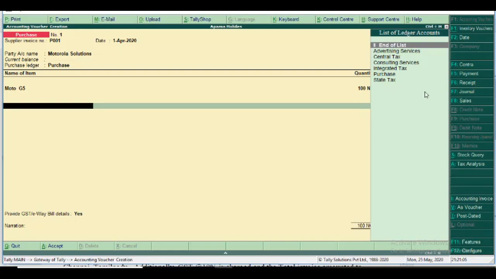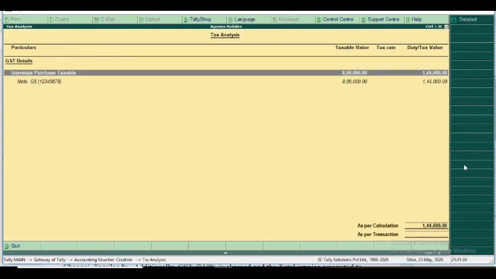You see the list of ledger accounts, because this purchase involves GST applicable, so the GST ledgers also come. First, Motorola Solutions is from Maharashtra, so which GST comes? You clearly say integrated tax. If any doubt from this transaction, you can easily get it from the information about the involved GST tax analysis.